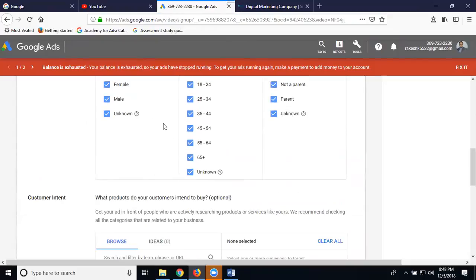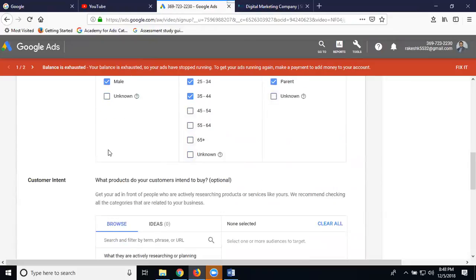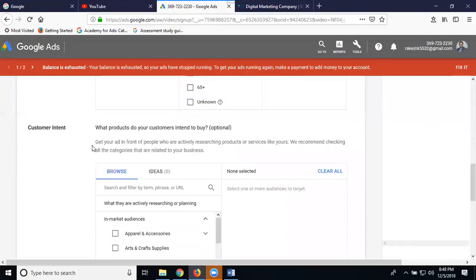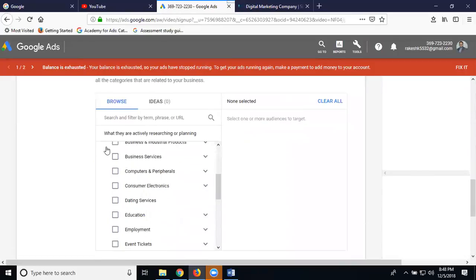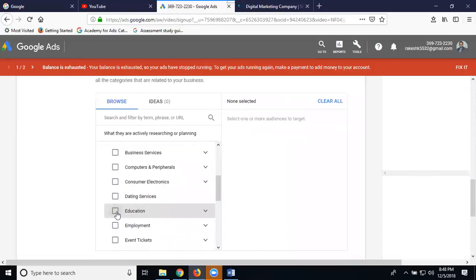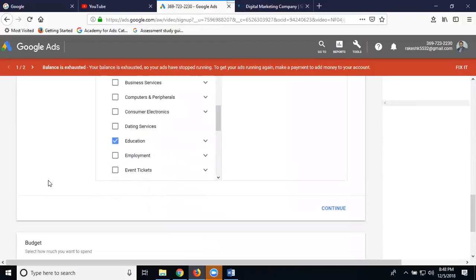All age groups, or else I'm not looking for this age group, up to 45 years. Male, female, and unknown. If you're not looking for one, delete it. Is it clear? Next one, customer intention. This is only for education. Based on that, select your option.